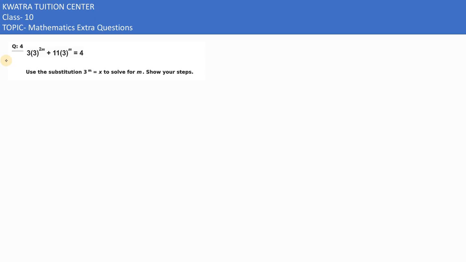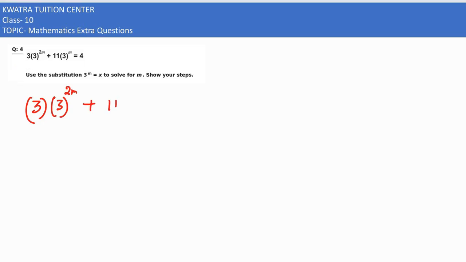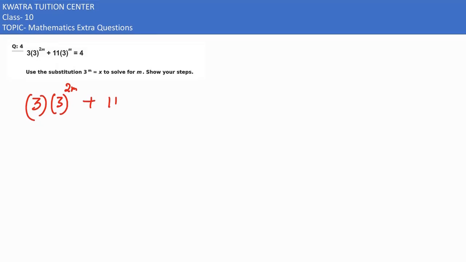Now we have the fourth one. In this case it says 3 in bracket 3 and power is 2m. अब यहाँ पे इन्होंने एक हिंट हमें दिया हुआ है कि आपने क्या करना है, 3 रेज टू पावर m को x ले लेना है. So here in this case how would you replace it, 3 रेज टू पावर m को 4x लोगे,